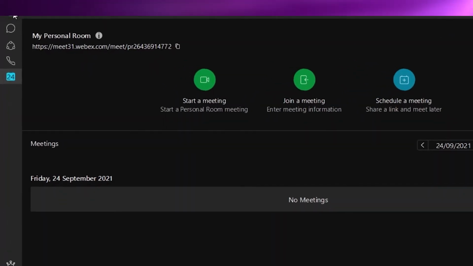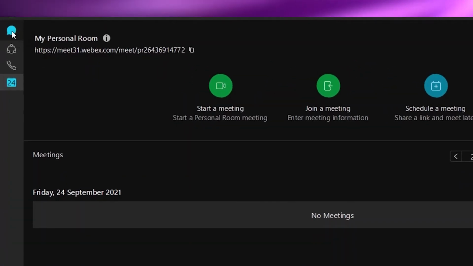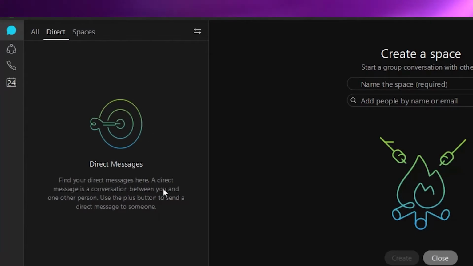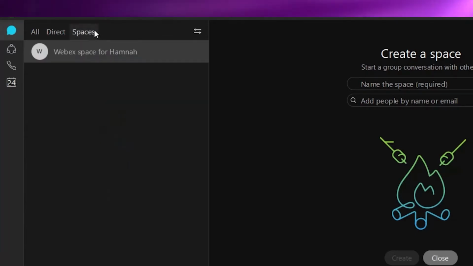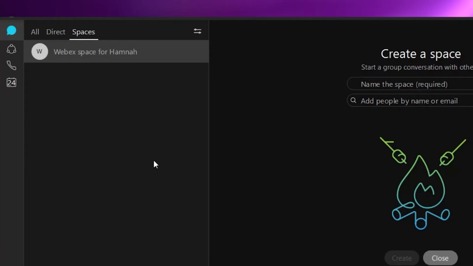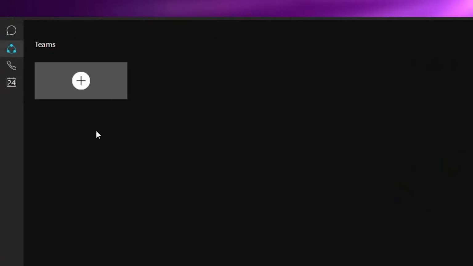Right here you can see that there is an option for messaging. Here I can actually message anybody I want to. There are direct messages that I will send to a person, and then there is a space option where you can actually create your different spaces for different people, for example groups. And then there is an option of teams where you actually create different teams and you can have these meetings